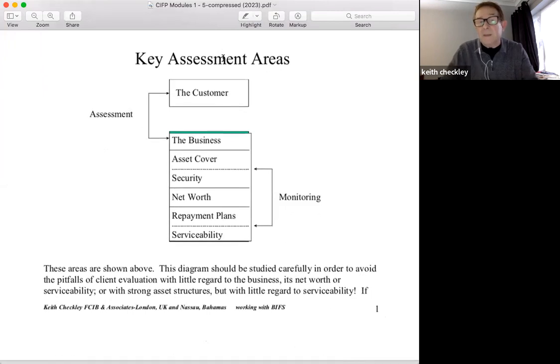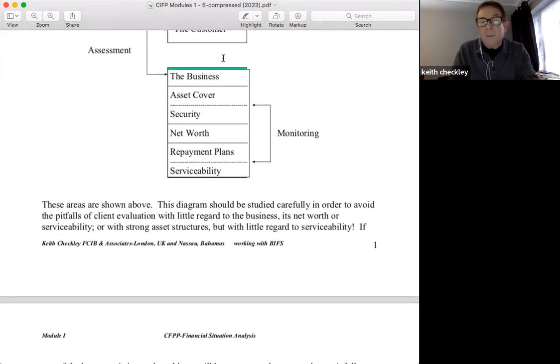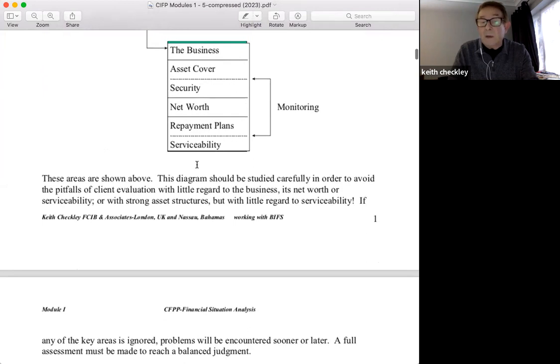So there's the assessment, in diagrammatical form. The customer, so it's KYC again, who is the customer? What do we know about them? And then the various points we've just been discussing so far. Now, this diagram should be studied carefully in order to avoid regard to business net worth or serviceability, or with